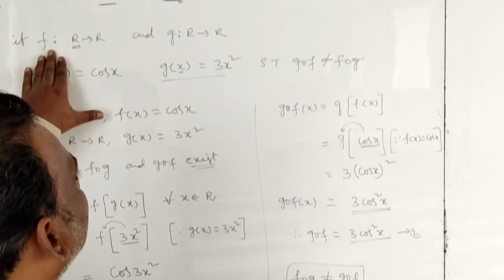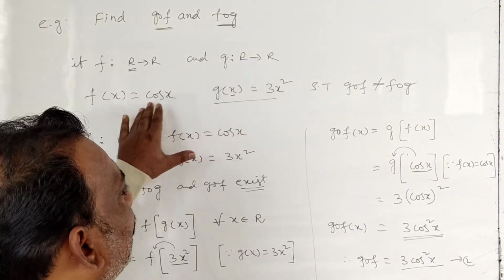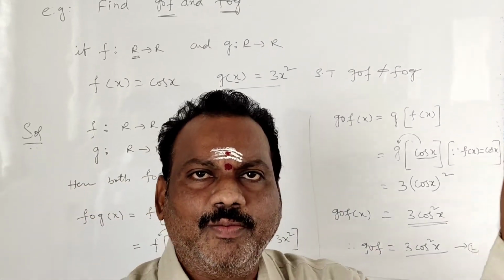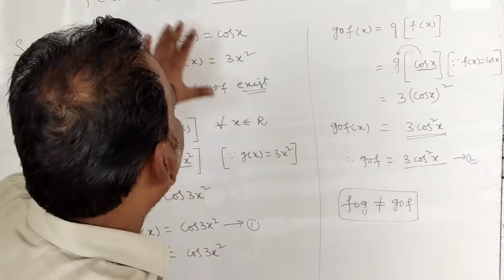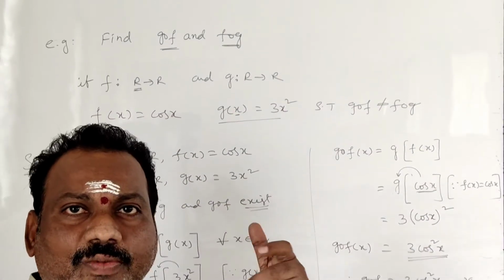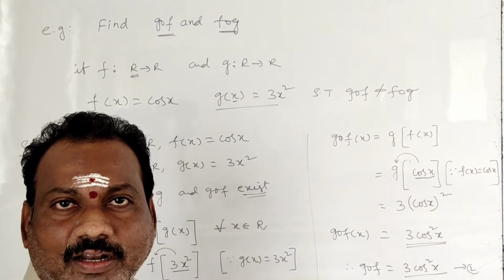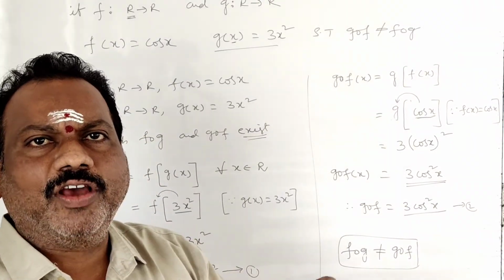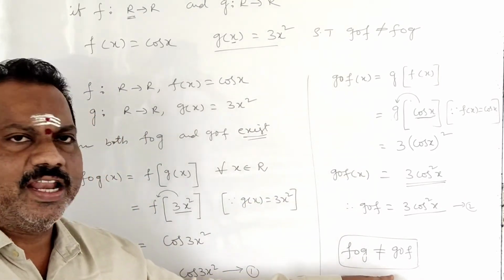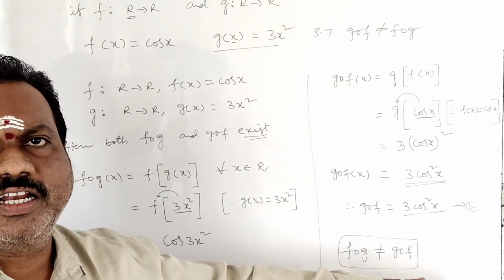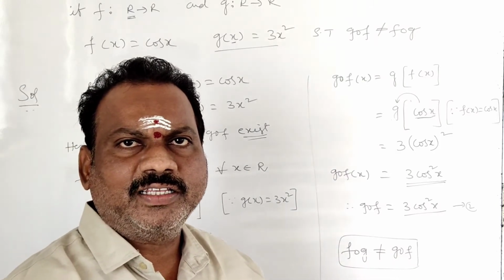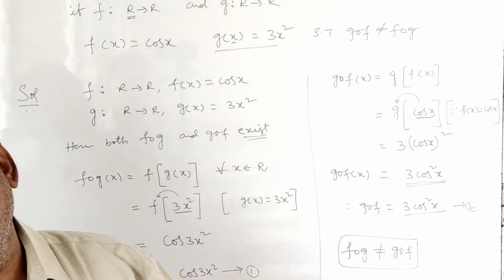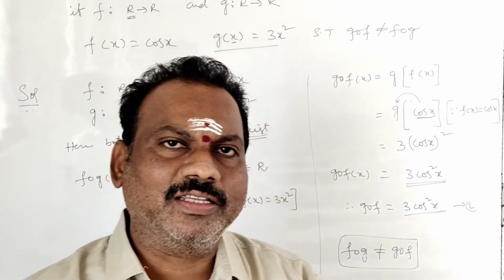How they will ask in the question may sometimes be confusing. They will give the f function, g function, f of x and g of x. Show that f and g do not obey the commutative law. They won't give f circle g, g circle f. Commutative means you have to remember their composite function. What is the f and g composite function? f circle g and g circle f. Both you have to calculate and write finally: f circle g is not equal to g circle f. Hence, f and g do not obey the commutative law. So functions do not obey the commutative law. Like this, you have to answer, students.